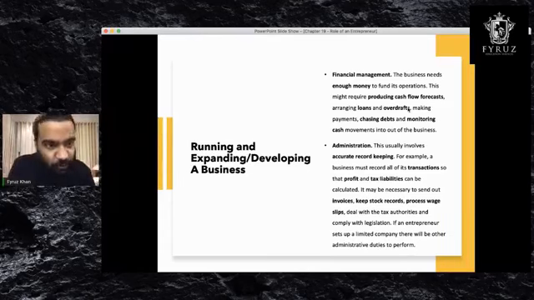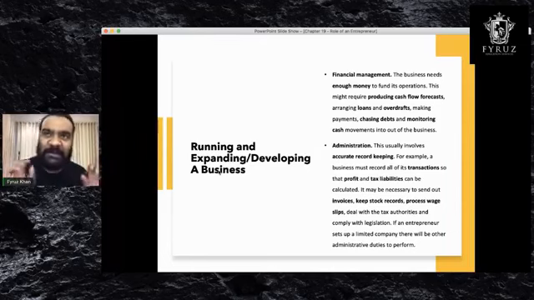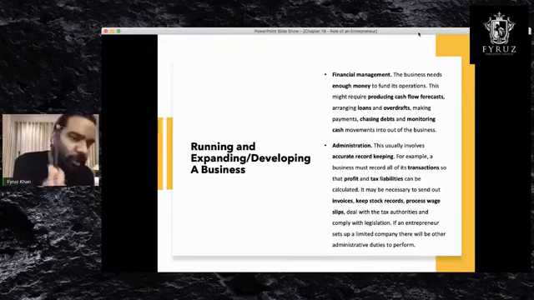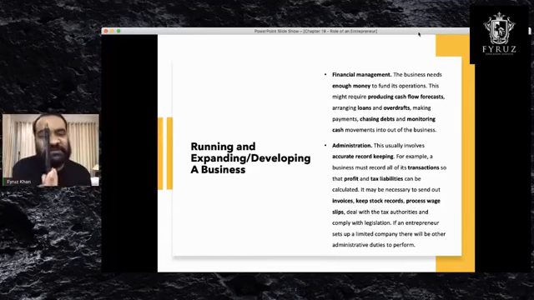Now, there is a theory that cash flow is more important than profit. What is the difference between the two? It's not in this chapter, but you should understand. Profit means when you make a profit. Let's say the cost of making this pen, let's say $2, and I have sold it for $6. My profit is $4.